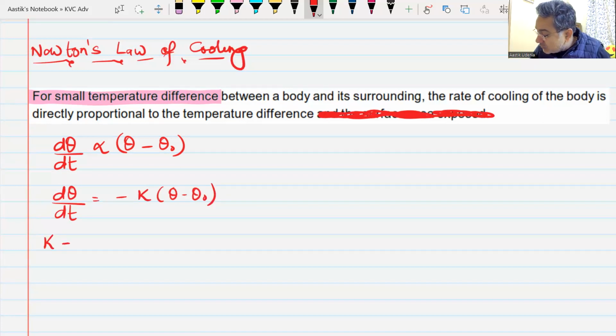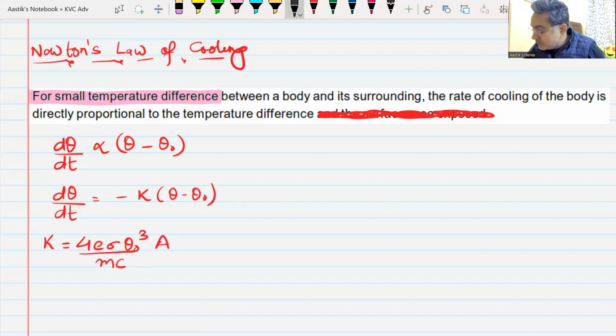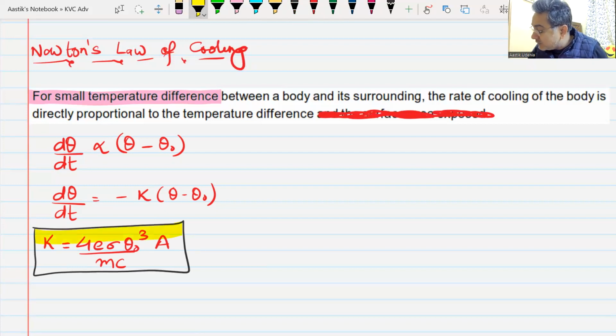Do we understand this? Remember the value of this k, and sometimes we might encounter a question where the value of k is given. This value of k is determined from Stefan's law. You take the temperature difference to be small and then you can derive it. The derivation is not a concern for you. So this is the original form of Newton's law of cooling. Just give me a minute, I'll give you time to write. Let me first finish what I have to finish.